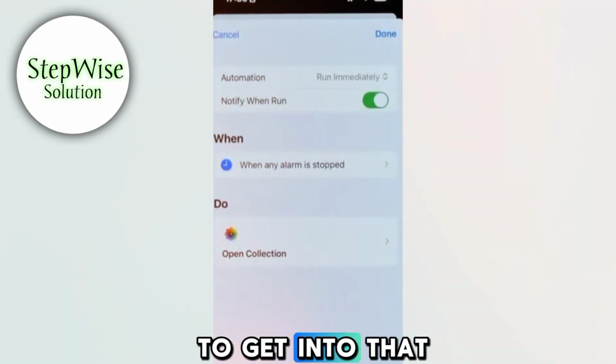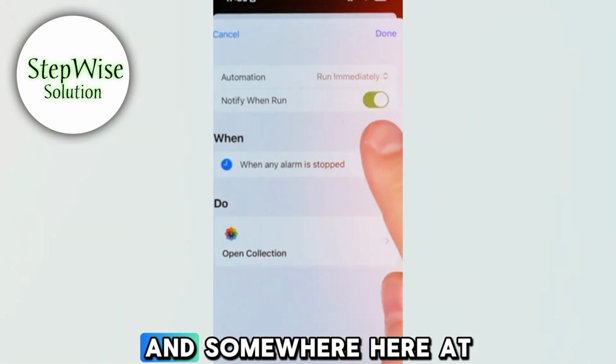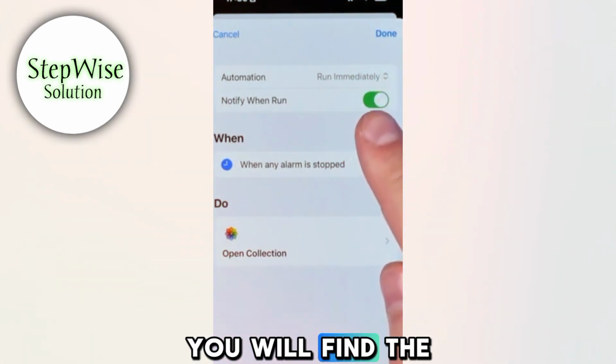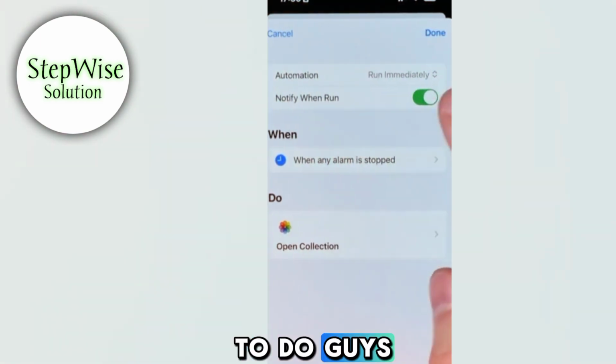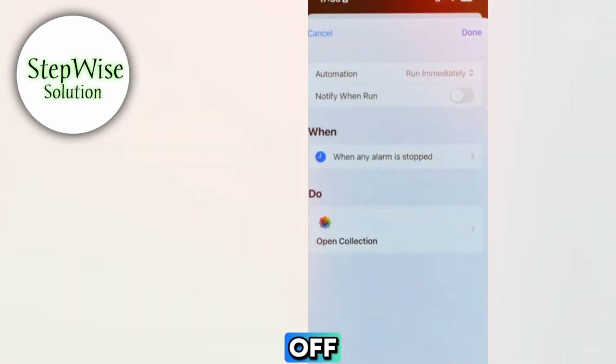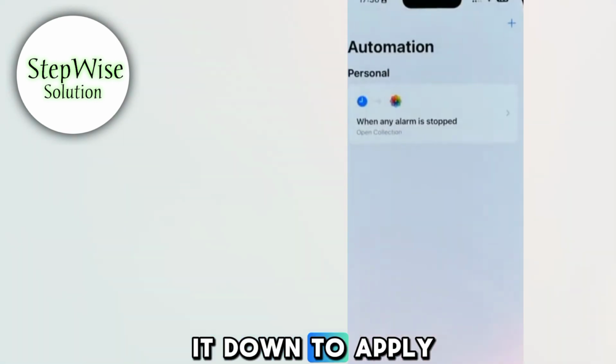First off, you need to get into that automation, and somewhere here at the very top you will find the option Notify When Run. All that we have to do is just turn it off, and then just tap Done to apply the